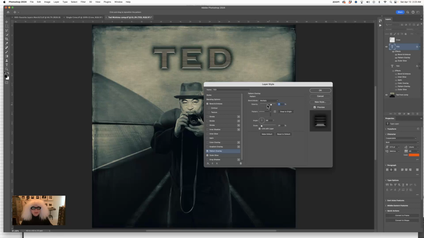We have opacity, so I can make it subtle or not so subtle. Scale, make the stripes bigger or really small. And angle, oh, that's kind of fun. All right, and let's see,